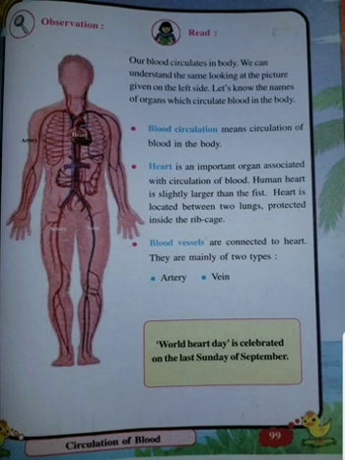Heart. From the heart, the pure blood starts with the help of artery. It goes to the different parts of the body. आपको पता है ब्लड बंद हो जाएगा तो मतलब हम लोग ऊपर चले गए, we are dead. So once the blood stops circulating means we are dead. So blood is always keeping on circulating. So from the heart it goes to the arteries and reaches the various parts of the body. And after that, again the veins, that is shown in the blue color children. So pure blood is shown in the red color.